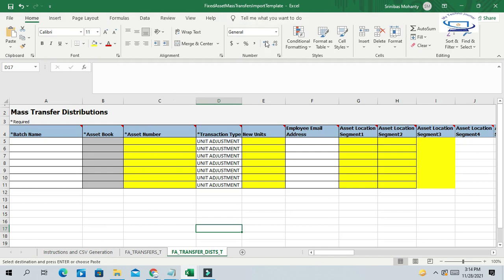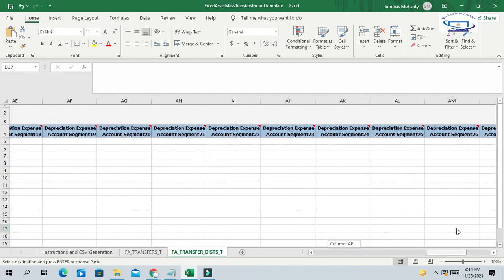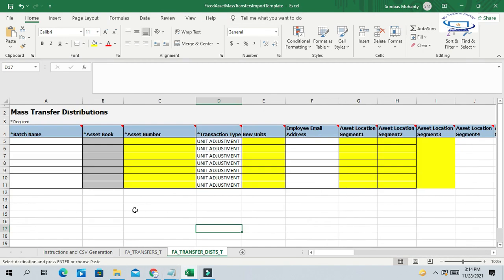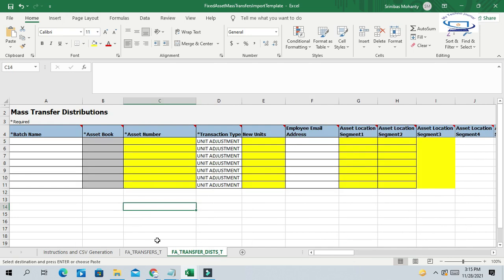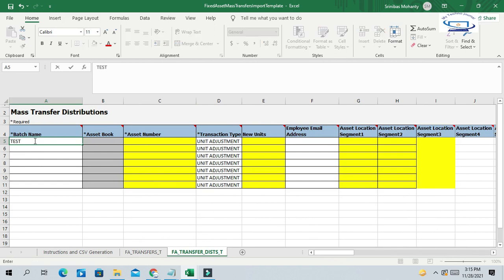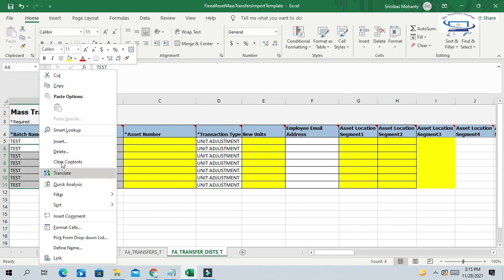I have downloaded this mass assets transfer import template that you can download from the Oracle repository. This is the template where we have two sheets: FA mass transfer and mass transfer distributions. Here you can see the batch name. We can give one batch name, test.